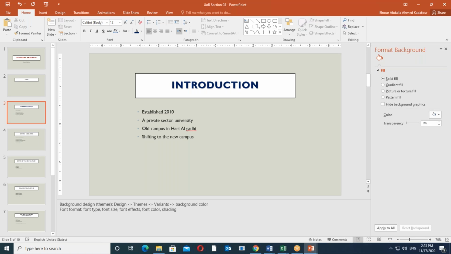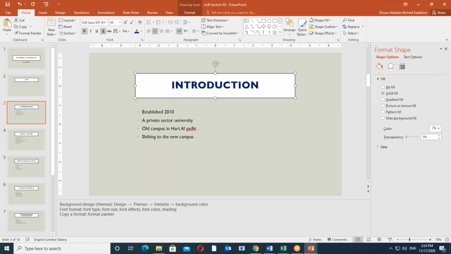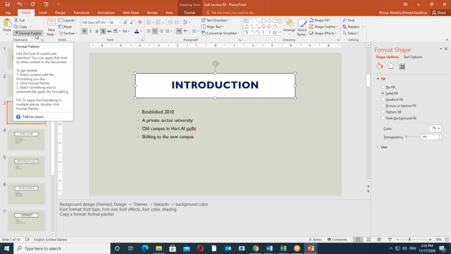Now the task is copy format. We call it copy format. Instead of repeating this task again and again, no, I want to do it once. Then I want it applied to all my titles in my presentation. This will assure that the same format will be applied to all the titles. So over here we are going to use a tool called Format Painter. This requires you to select your text and then double click on this tool